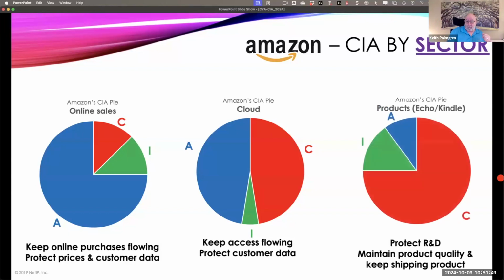And then there's another part. What about where they develop things like the Echo and the Kindle and products of this nature? Their R&D. That's going to have a very, very different pie chart. Okay. And again, change the name of the company out here, but things like R&D, you're going to see a pie chart looking like something like that in pretty much all of them.